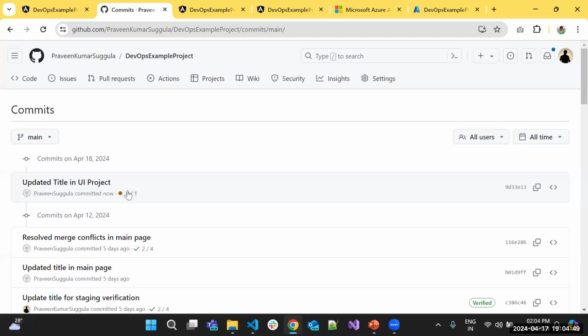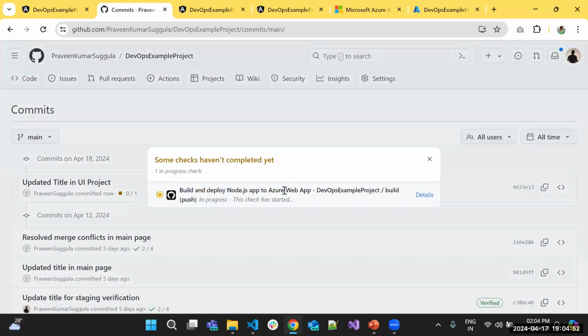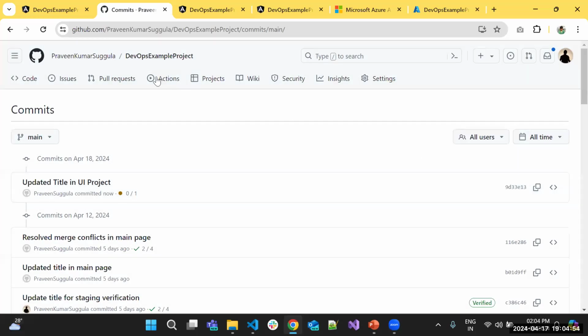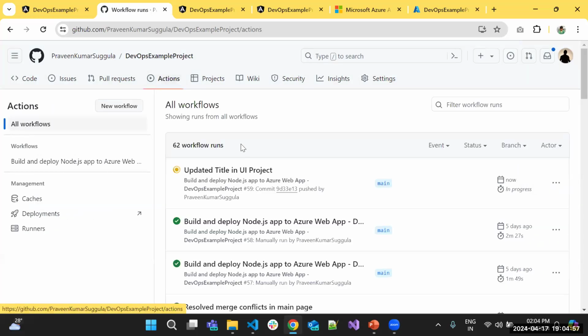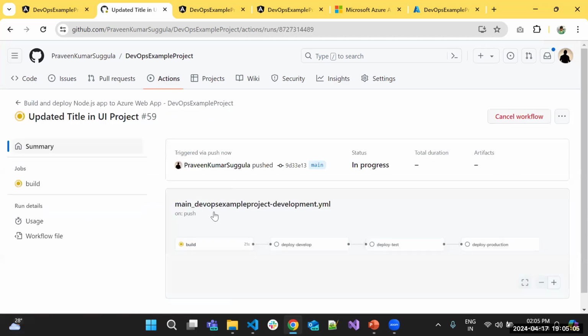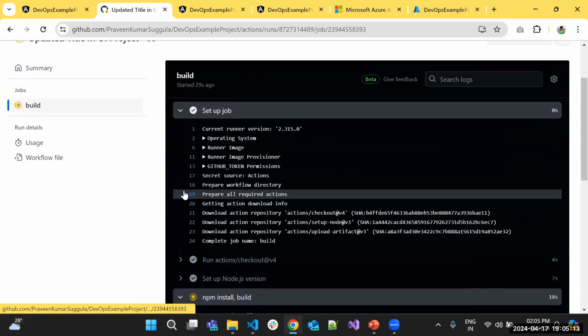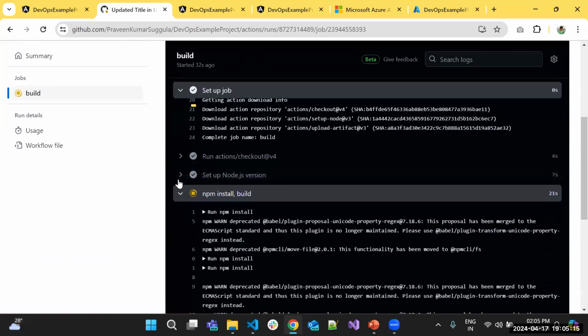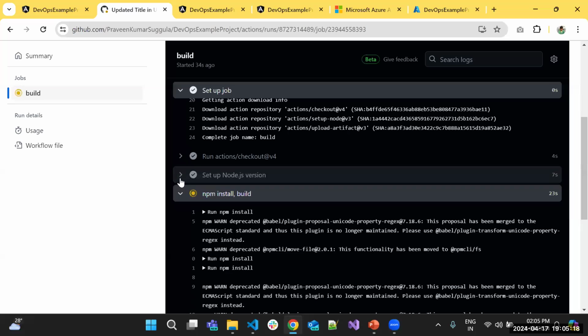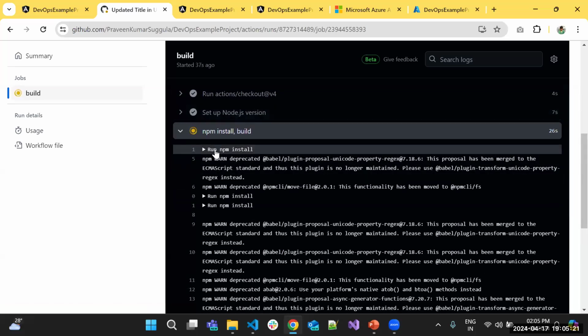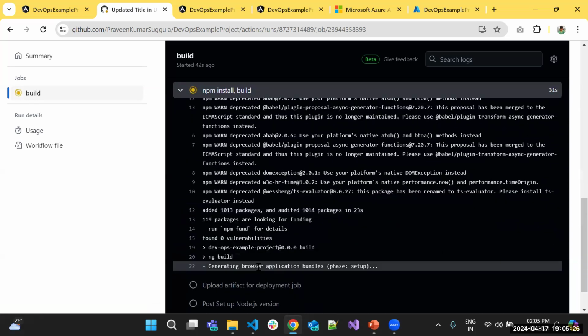And in here, we can check it here or else directly go to the actions section. In the actions, my pipeline got triggered because my code changes were added to the main branch. So when we inspect the pipeline, it started building. When we go to the build pipeline, it will set up Node.js. It will set up the node runtime environment. And after that, it will execute the command npm install. It will install all the required packages into that